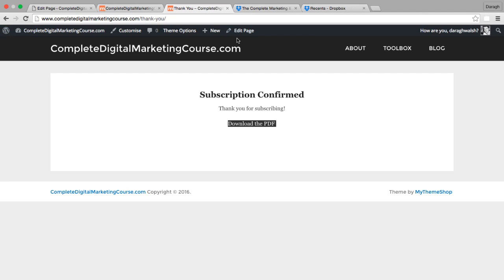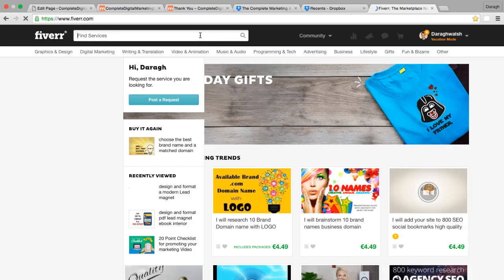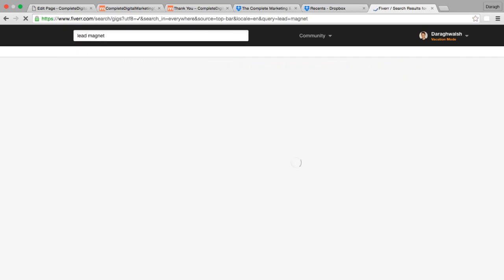In terms of what are the best lead magnets that you can use, I think the easiest things that you could put together are checklists or a list of tools that are your favorite that you can use. Now you can create these in Word and export them to PDF. You could also look on some freelancing platforms like Fiverr for people to help you to put these together. So you could search for something like lead magnet